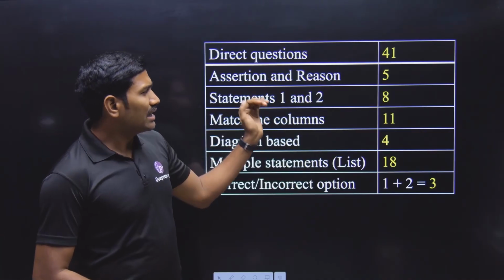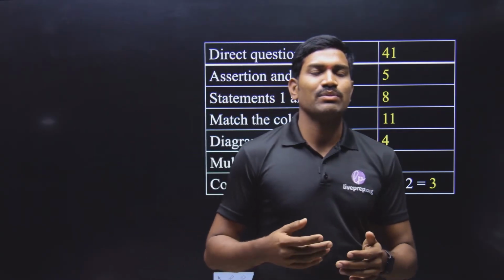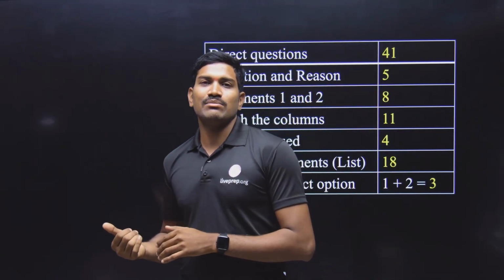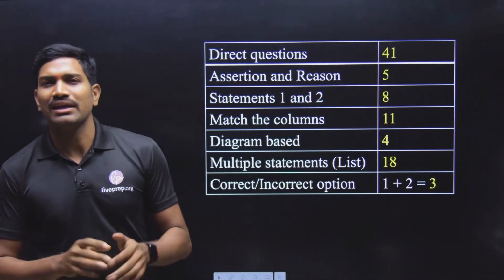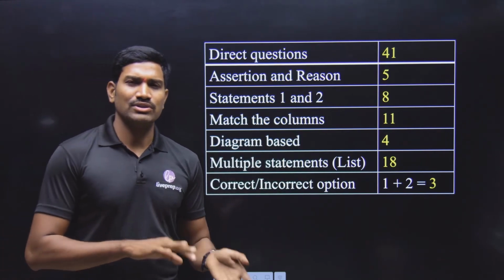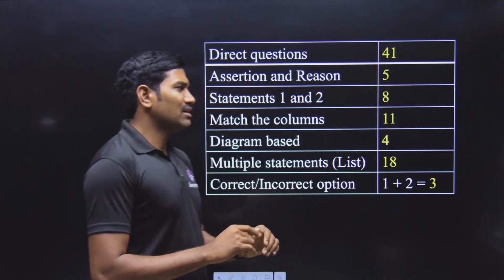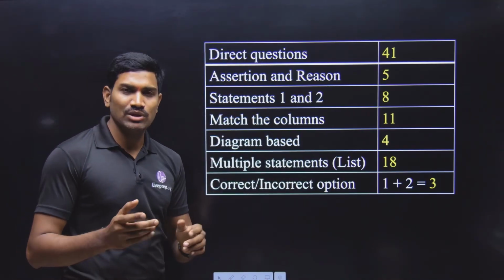And then similar type of questions but separate type. Here they will not ask whether the other statement is an explanation for the first one or not. Like that they will not ask. Whether both of them are right or both of them are wrong. Or first one right, second one wrong. Or first one wrong, second one right. Like this only they are asking. So they are the statement 1, statement 2 type.